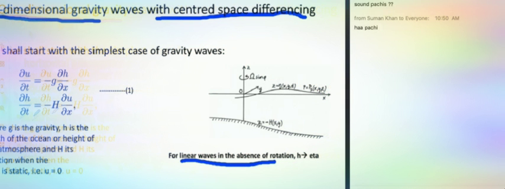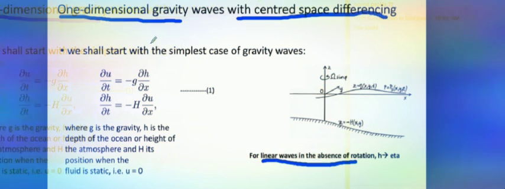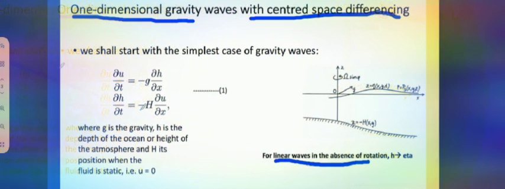As probably you have already studied there, as Dr. Krishnendu already taught you. Okay. In fact, what you have studied there was del u by del t minus g, and instead of h, it was defined as eta. But here we shall take it as a small h. Clear? So what is small h?